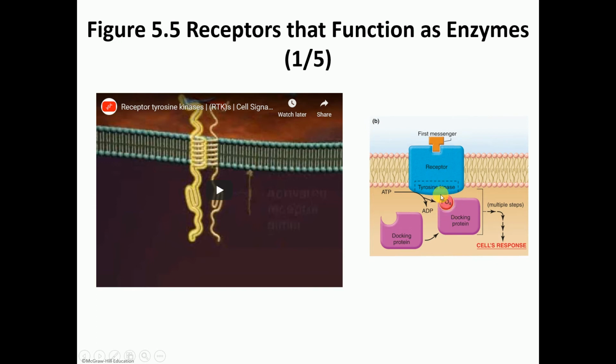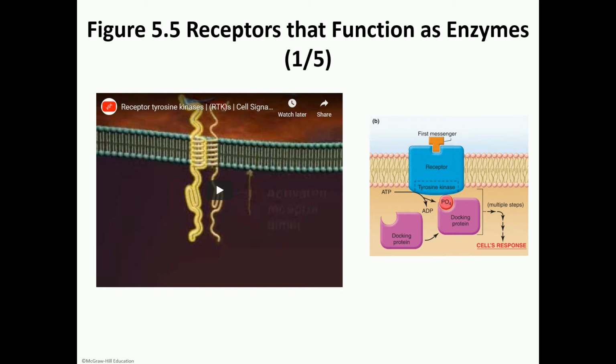So you see here we're adding again these phosphates. And these now activated proteins will lead to the cellular response. So you'll see this will become more of a pattern with these receptors where it kind of has a domino effect. We activate the receptor, the receptor activates other proteins, and it keeps on going,